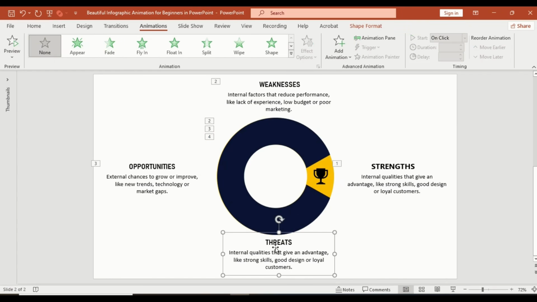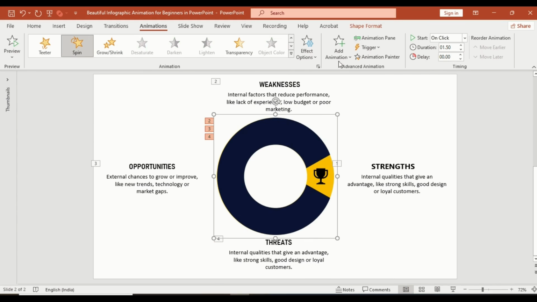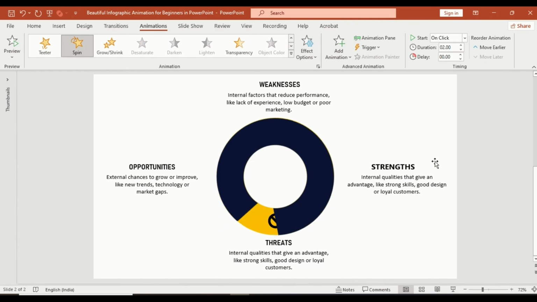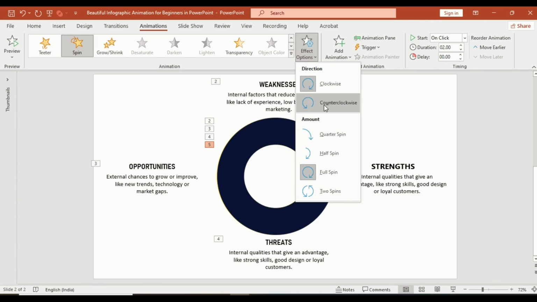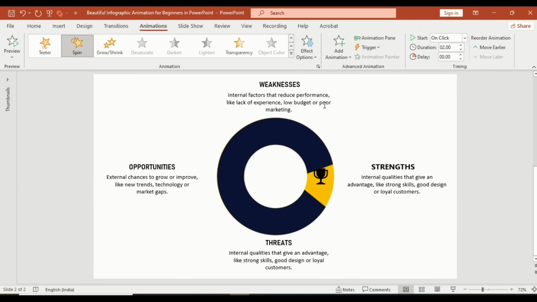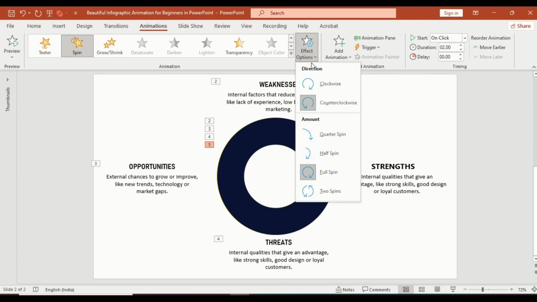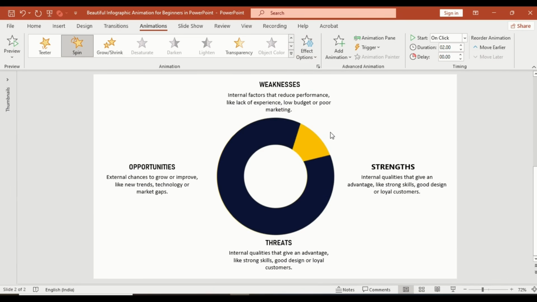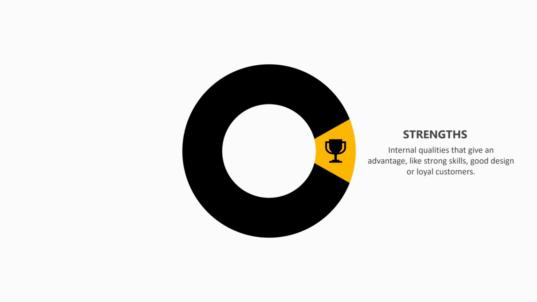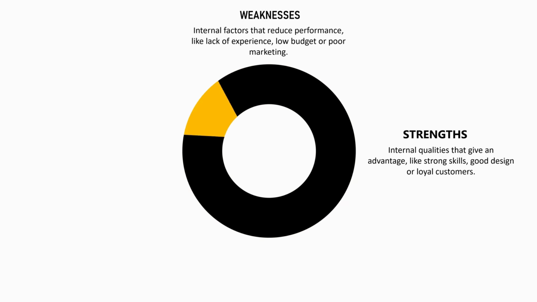Fade animation for threat, after previous, add spin, counterclockwise, quarter spin, 1.5 seconds. Now when you preview it in slideshow, each section will appear one by one with a smooth rotating